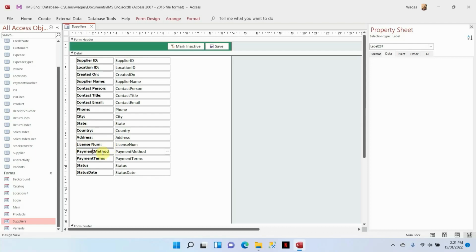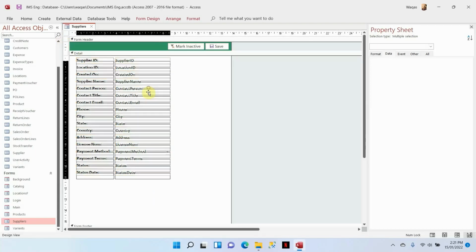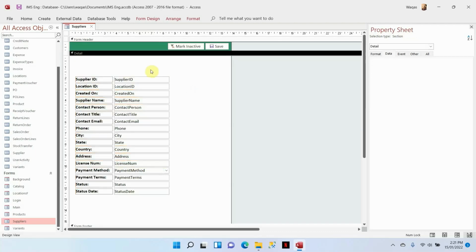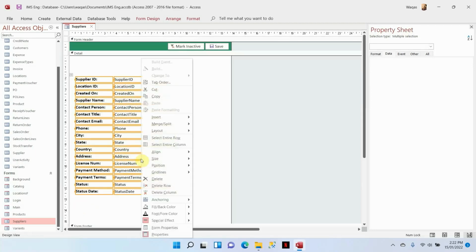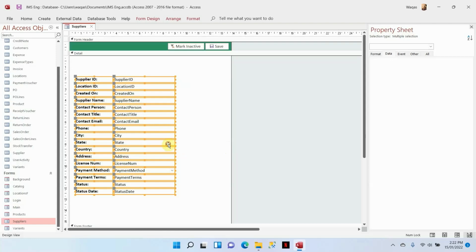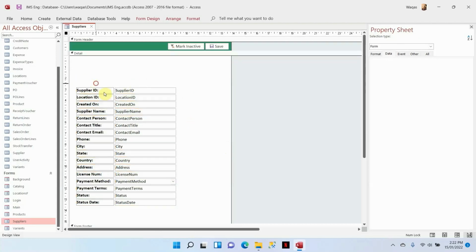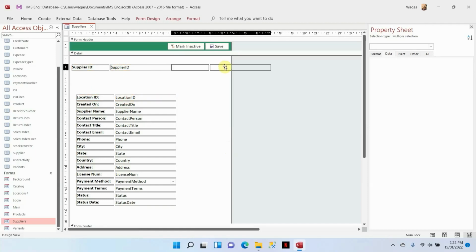License number, payment method, whether cash or credit, payment terms, status of the supplier, and supply date. All right, now that is done. The next step, what I would like to do is unstack all of these fields. Okay, right click on that, layout, and remove the layout. Why did I do that? Well, simply I want to rearrange these fields in a way that